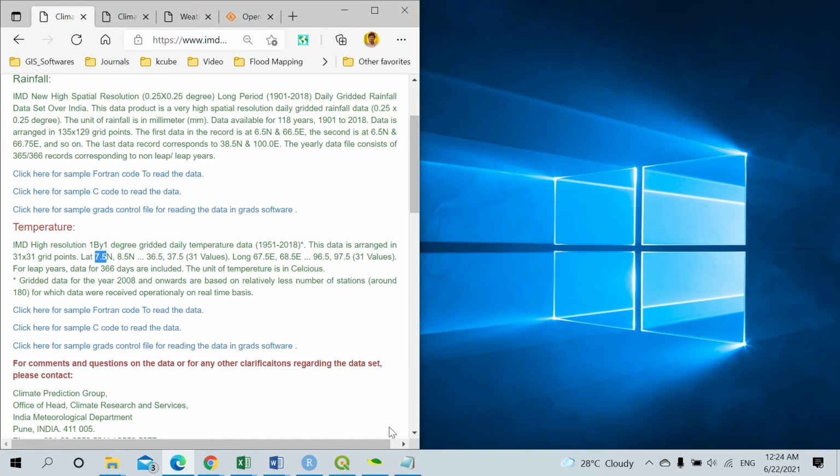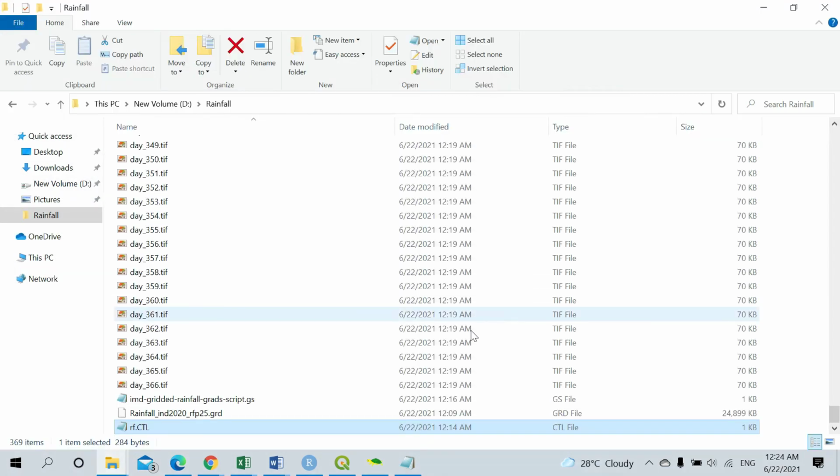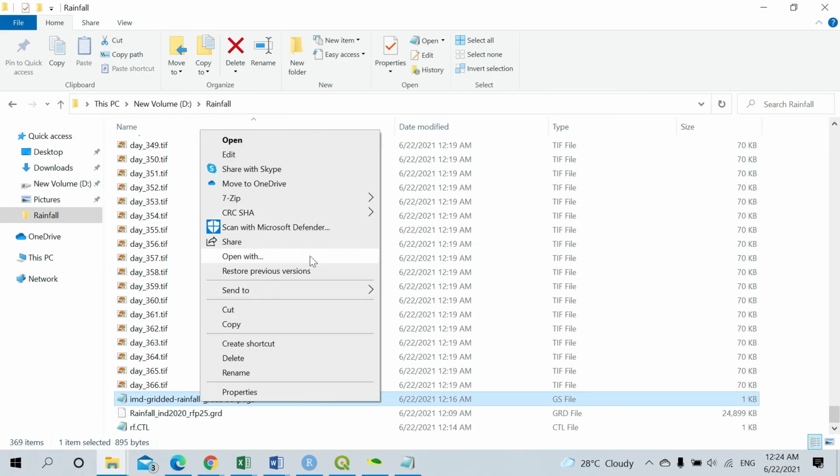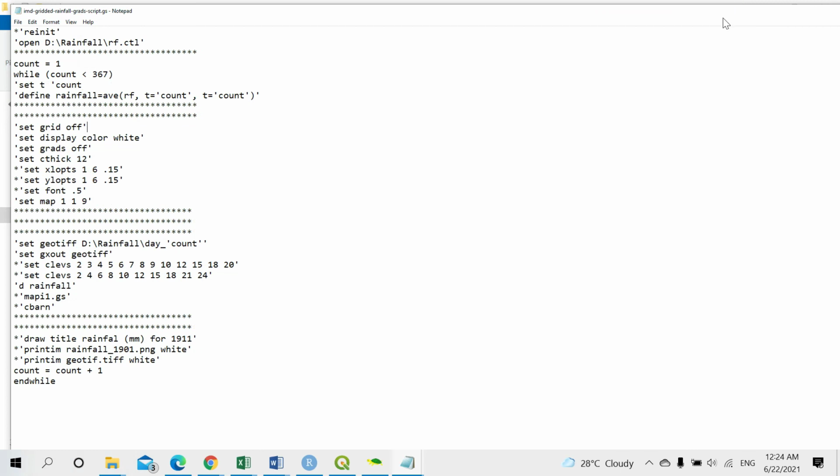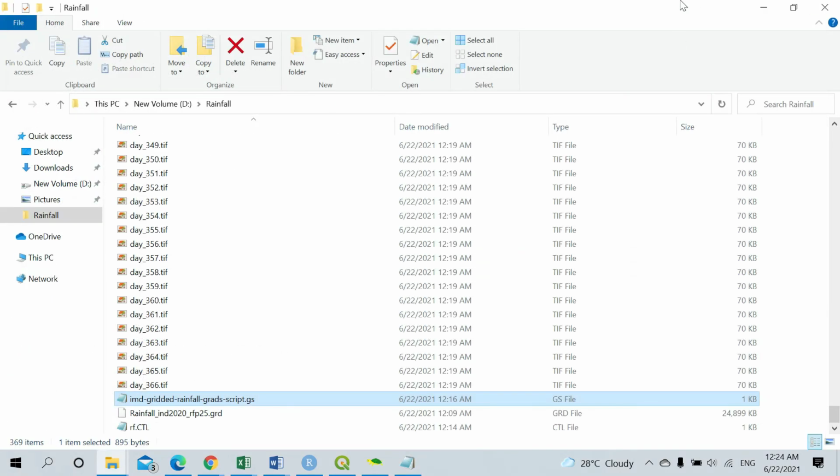Similarly, you have to make your changes for the other file also. Here also, you should make sure you are changing the count. Here you have to make changes too. No, here it is not required. So only in that particular location can you make the changes, and that will be reflected for your temperature data. It will work out perfectly for your temperature data.